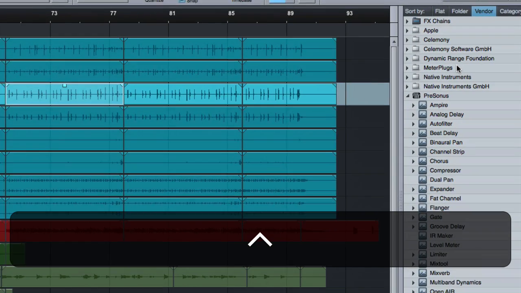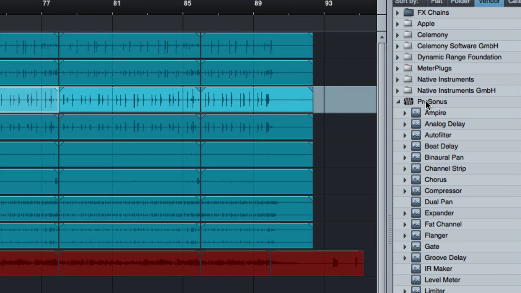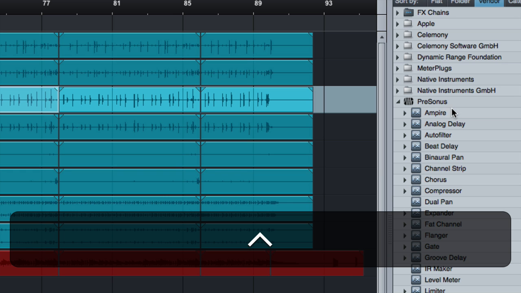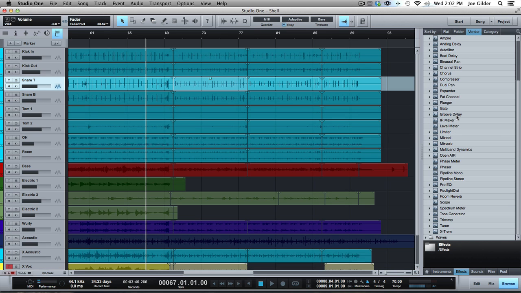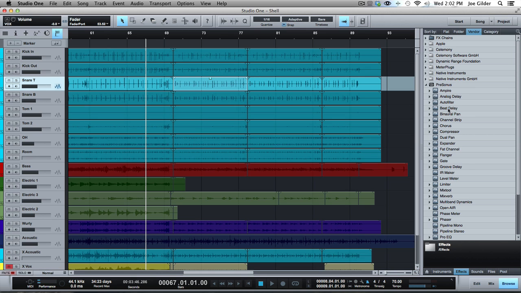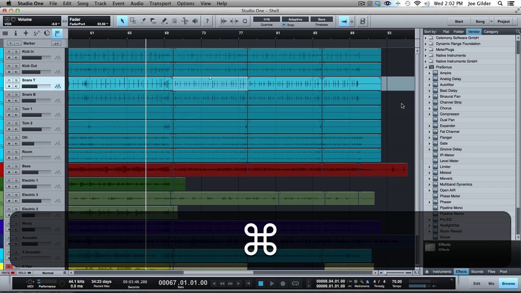And the way I have it set up is by vendor in PreSonus, because honestly, and I'm not just saying this because, you know, I like PreSonus, I literally probably use PreSonus plugins 80% of the time. I've got some different things. I've got some Waves stuff down here, but honestly, this is what I use. I'm a big fan of just using what's there and focusing on getting better as a mixer, right? Improving my skills as opposed to using new stuff. So anyway, let's say I want to